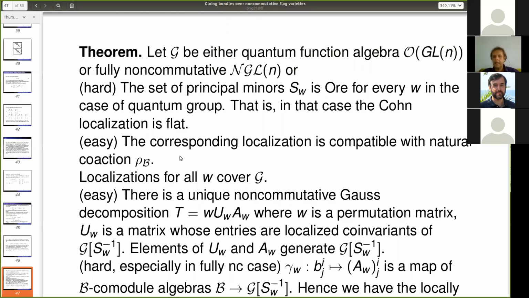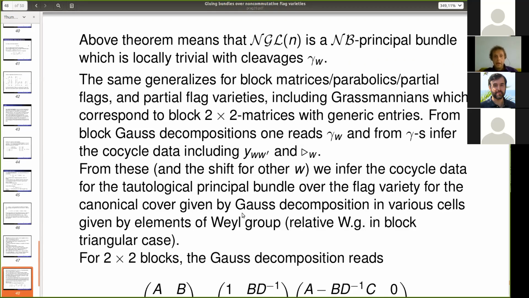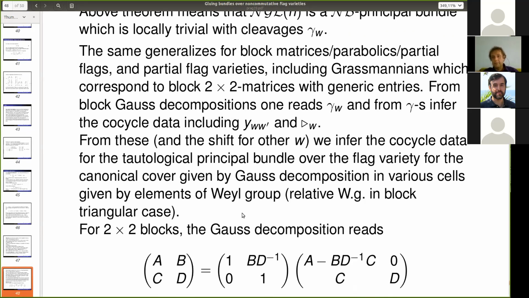So all those data can be computed from this, and this computation comes from quasi-determinants. There are very concrete computations with quasi-determinants, so we can compute everything. You can do that for Grassmannians, no problem. For Grassmannians, you would have